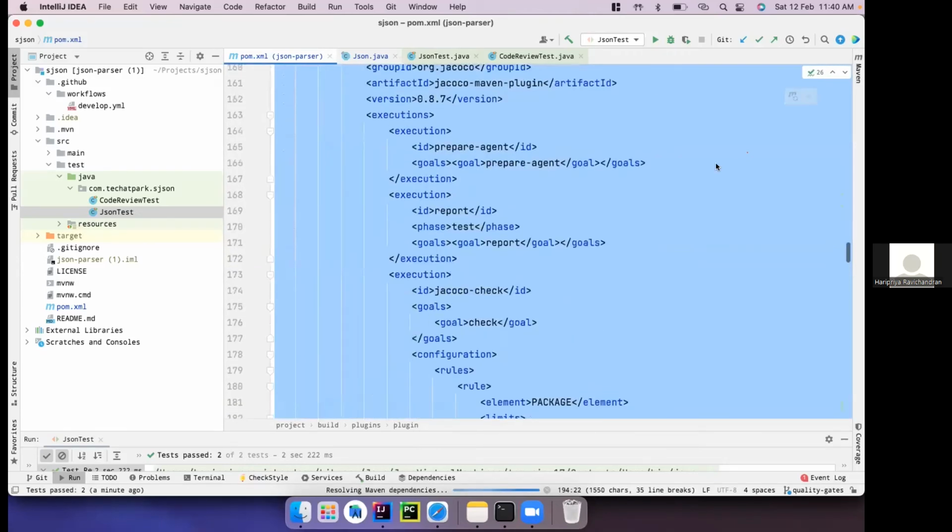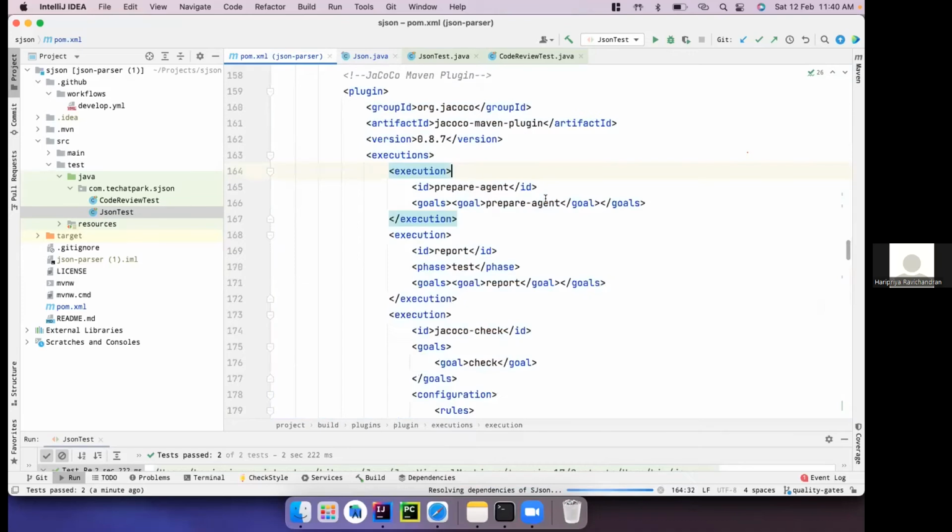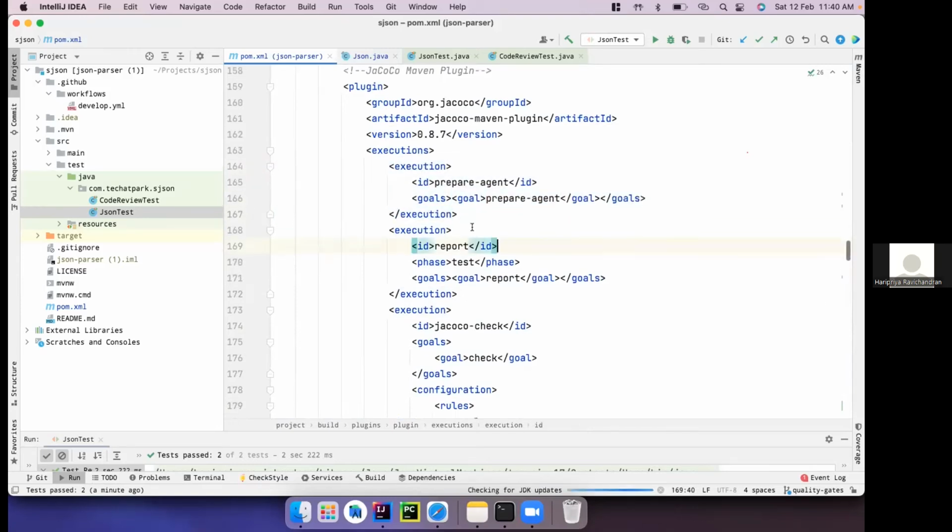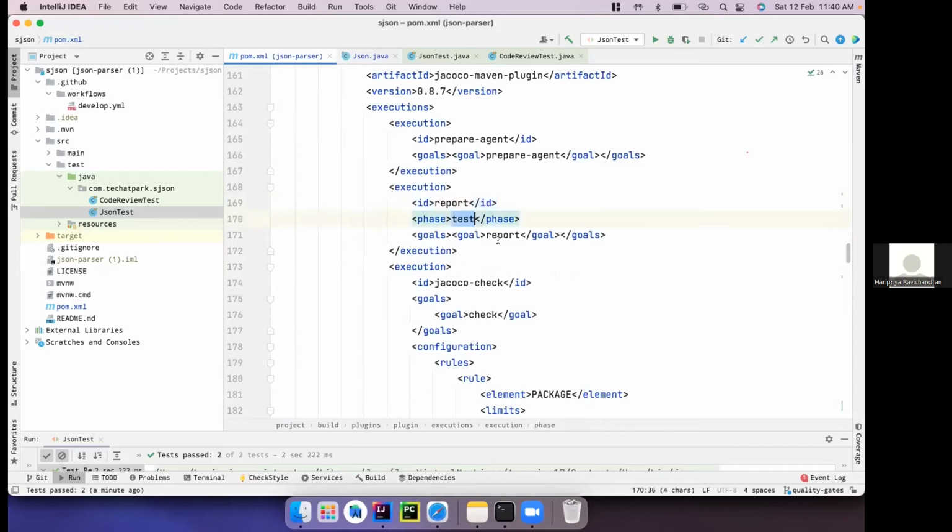Here, this plugin works with the help of a JaCoCo agent. So I have to prepare the JaCoCo agent first. That must be my first execution rule. Next, I'm going to incorporate it with the test phase, which generates a report about the test that is being done.